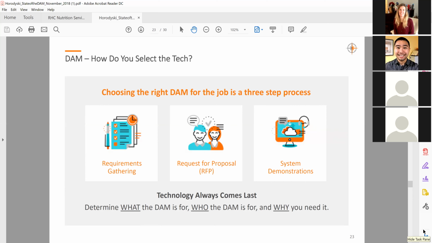And once you get to the point of having an RFP and asking a few vendors to potentially be a part of this process with you, you want to have some effective system demonstrations. That may well mean if you've selected 3 or 4 DAMs that you like, you would then invite them to come in and show the system, kick the tires, having them show you a live example of what the DAM would look like.